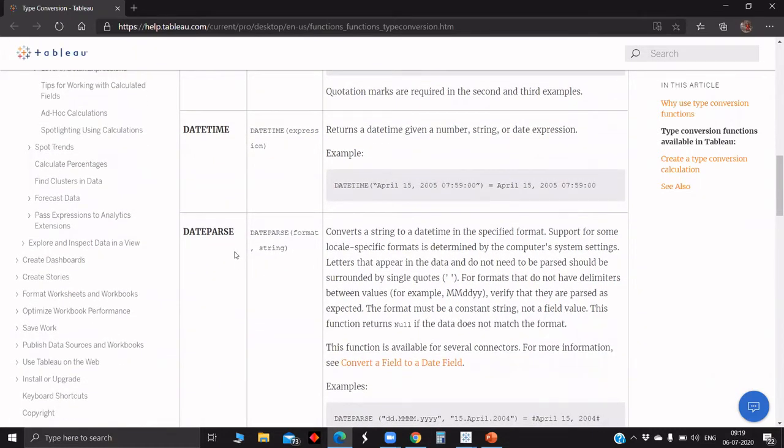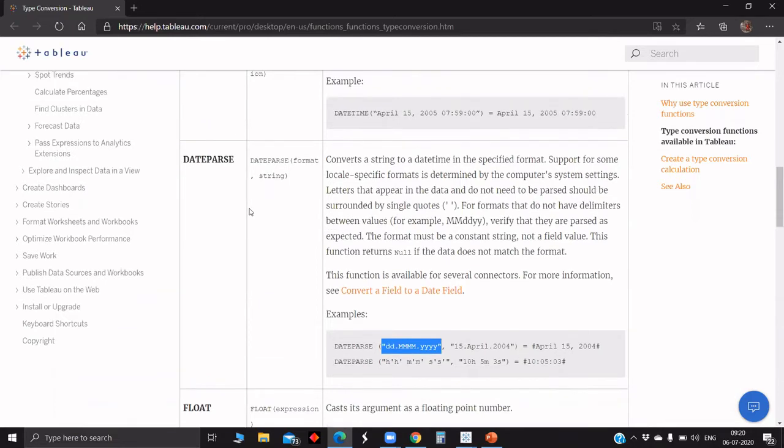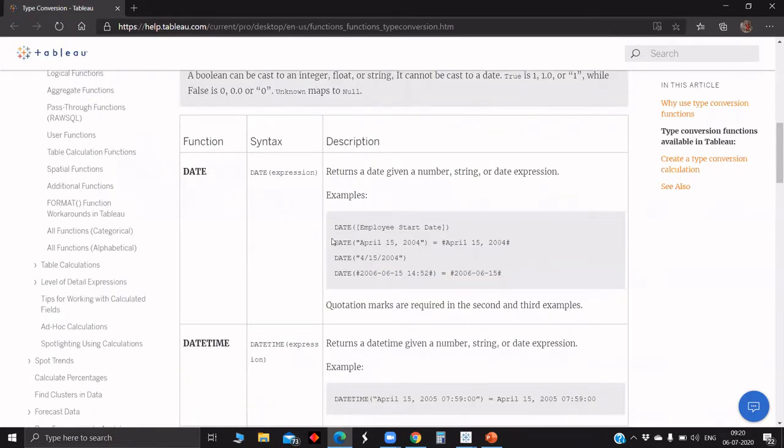Date parse is used to convert to whichever format you want. We can give the format as shown here, like dd.mmm, whichever way we want. Earlier, the date function gave the date as per the input we gave.